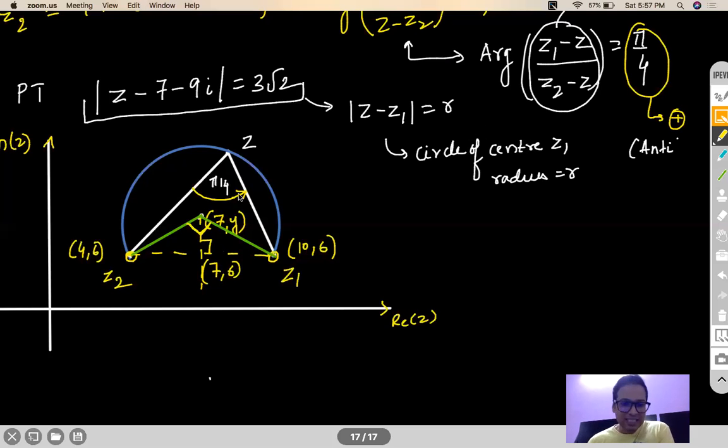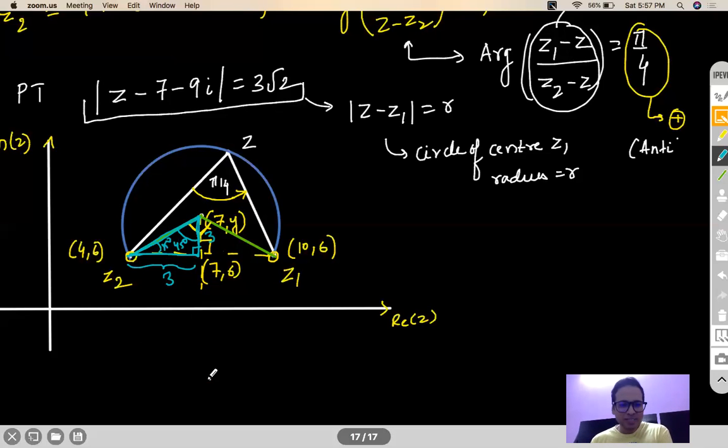Correct? Right? Now, if this is 90 degrees, can I say this is 45 degrees? And this will also be 45 degrees because this is 90 degrees. So can I say this is going to be an isosceles right angle triangle, what I'm showing with the gray? All of you please watch, the gray triangle which I am showing is an isosceles right angle triangle. So if this distance is 3, can I say this distance will also be 3?